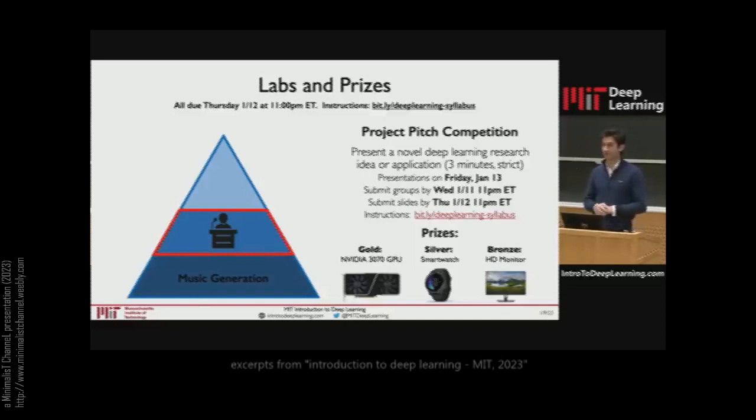The prizes here are quite significant already. First prize is going to get an NVIDIA GPU, which is really a key piece of hardware that is instrumental if you want to actually build a deep learning project and train these neural networks, which can be very large and require a lot of compute. These prizes will give you the compute to do so.